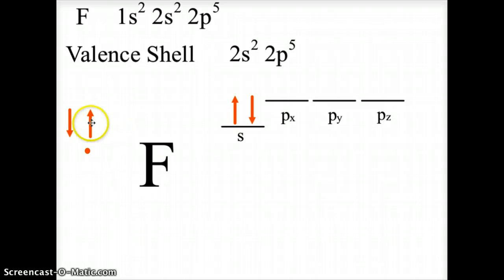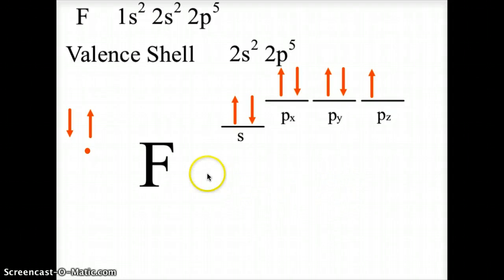And remember, we have Hund's rule, which says we must have a positive spin electron in each suborbital before we pair. And then the Pauli principle tells us that no two electrons can have the same 4 quantum numbers, so we cannot have 2 electrons identified in the same space, so that's why we have a positive spin electron and a negative spin electron. So here we have fluorine showing 7 electrons in the s and p orbital of the